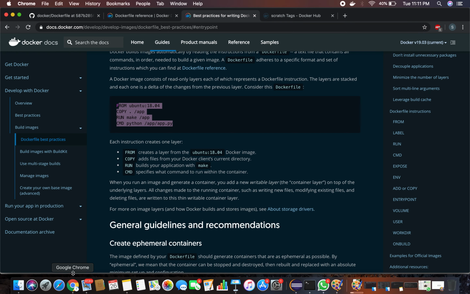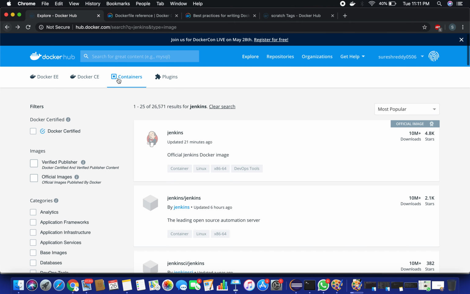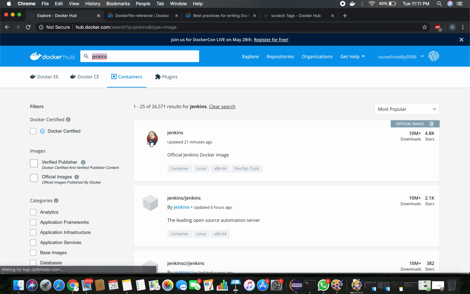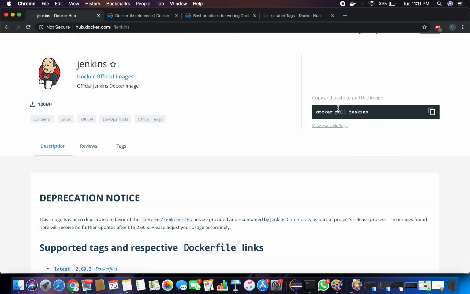Let's go to our Docker Hub. See, earlier we have seen, we just went to a Docker Hub and we searched for a Jenkins. See, this is our image which we have taken earlier. Either this one or this one we might have pulled in the previous video. And let me go to the Jenkins and see here.